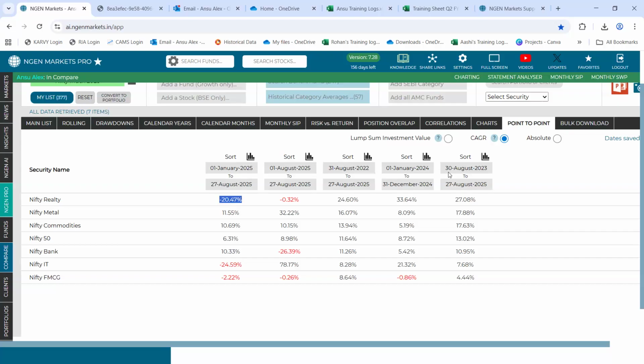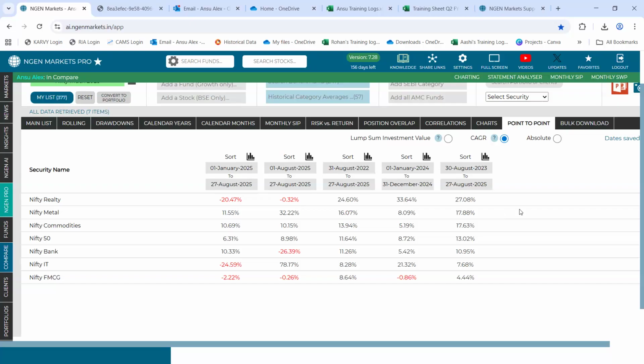However, if we look at Nifty Metal and Nifty Commodity as sectors, we see that these two sectors have a moderate level of change in their returns. Even during the time when the markets were volatile, these were the only two sectors that were able to generate positive returns. They did not stoop down to the negative return quadrant. And hence, you can say that they have a certain level of consistency in the returns that they are showing.